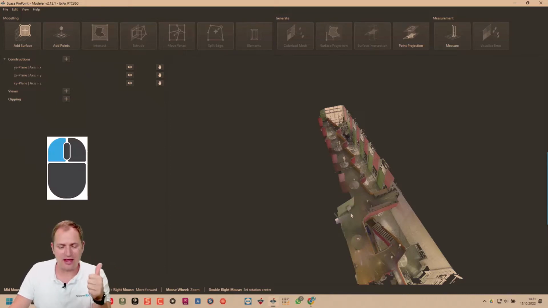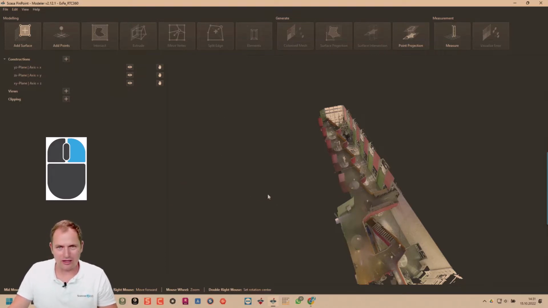The left mouse key is used for actions, like you do measurement, you do the modeling, you do splitting lines, you do whatever. There's so many features you can use. But it's not for navigation. So remember, left mouse key is not for navigation. Right mouse key is the main button, or the main focus of it is navigation.